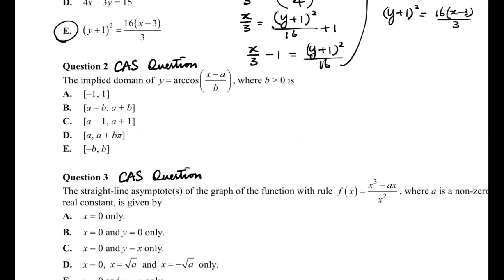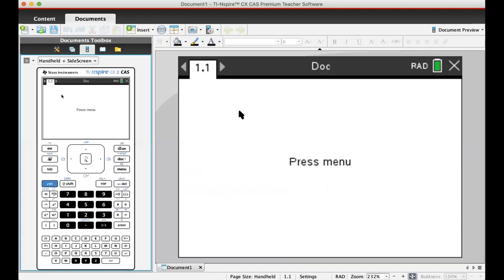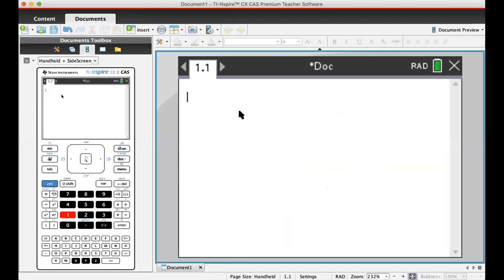The second question is typically a CAS question. So if you prefer doing it by hand, if it's a linear function, that's fine. But if it's a complicated function, I'd suggest using your CAS calculator. So let's have a look at my CAS calculator. In this case, TI Inspire. I will just create a document and add in a calculator page,